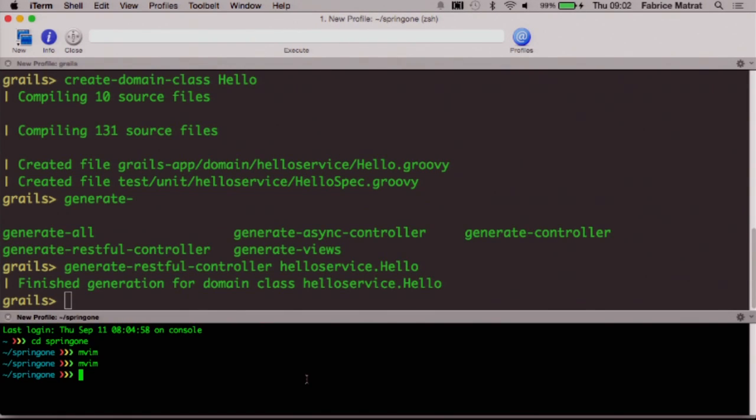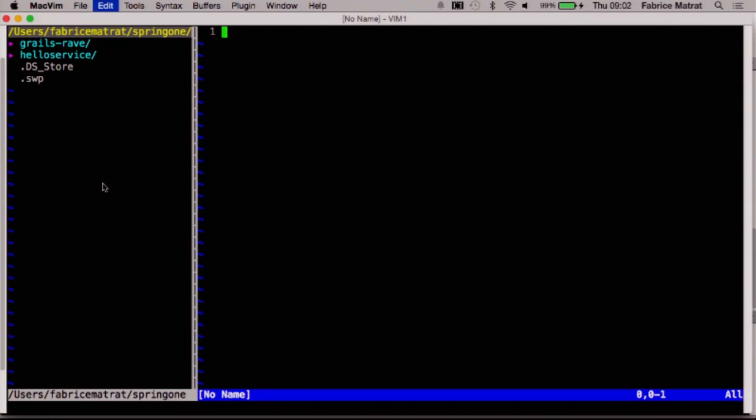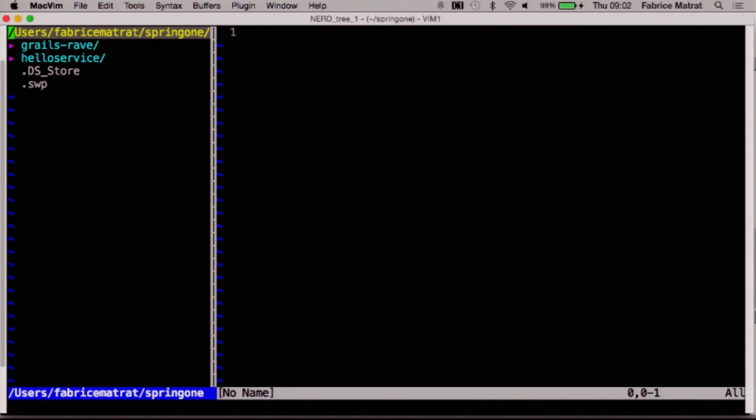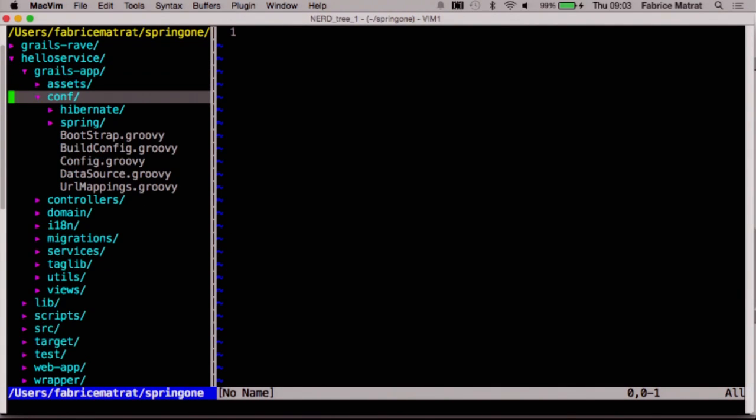And then let's have a little look at what's in it. If we look at the configuration,